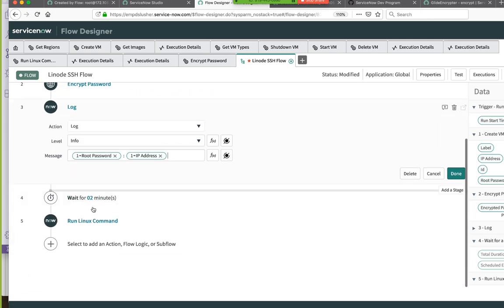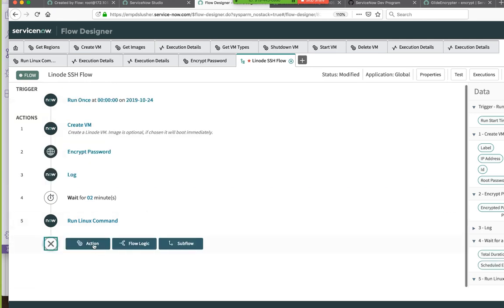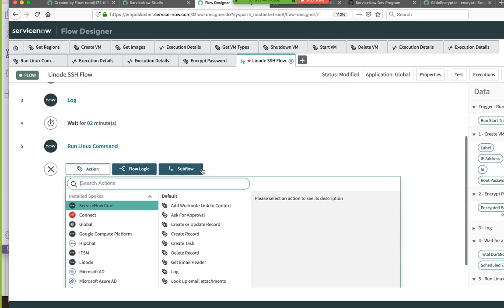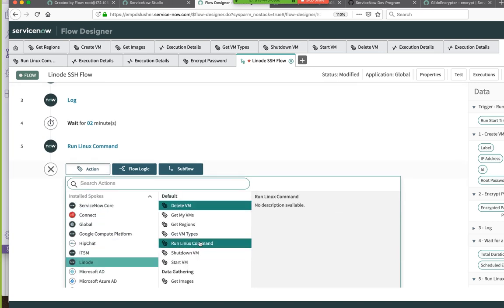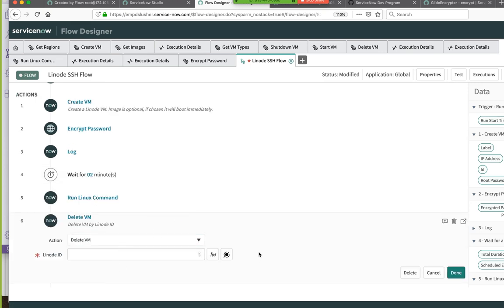Let's do it. Run the command, and then for completeness, let's delete the VM when we're done. Is it delete first or shut down first, or it doesn't care? You can delete. Okay. Just to show kind of how we would do this, the Linode ID would be the ID from here. Yeah, this is how you would chain these things together. So even if the SSH doesn't work, we have a complete flow now.